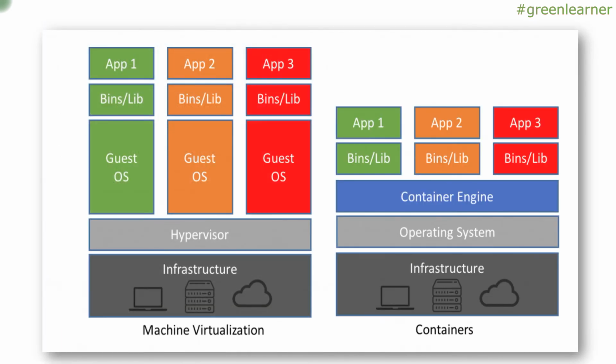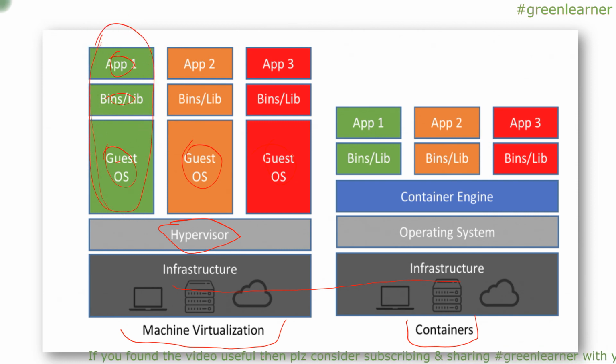This image is going to make things very clear, so let's understand the difference. This is machine virtualization, which is explaining the VM, and this is the container, which is explaining the containers. Here the infrastructure part is the same. In VM, a hypervisor comes into the picture on top of the hardware. Then the hypervisor helps us run multiple operating systems on a single hardware with shared resources, on top of each guest OS, and each guest OS is a single VM. Here we can have its own bins, libraries, whatever it needs, and its own application that can be run. Now this VM is a single computer system in itself, right?